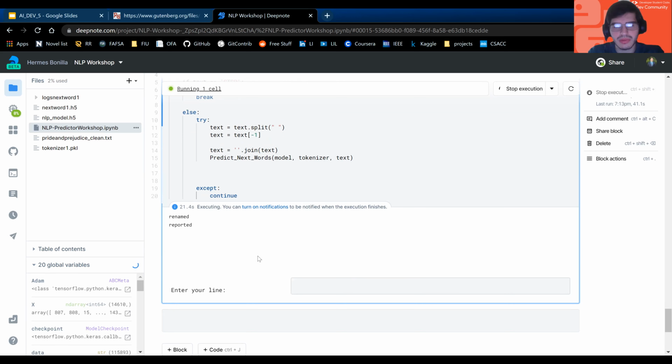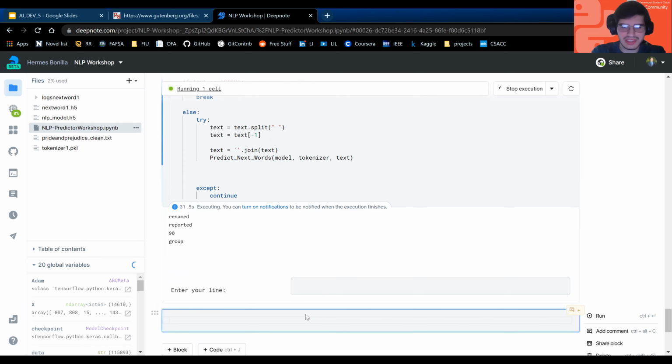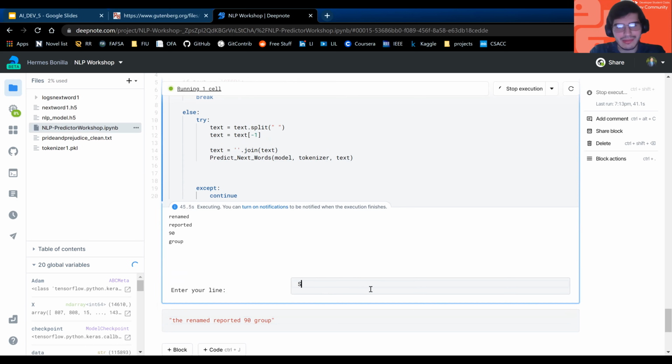Renamed, reported, 90. This is why you remove numbers. So basically the sentence that they gave us was name reported 90 group. It doesn't really make sense, but